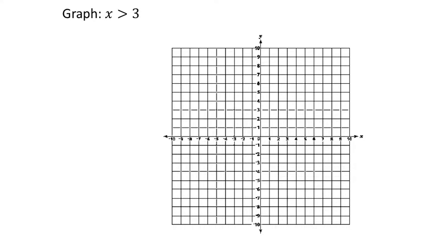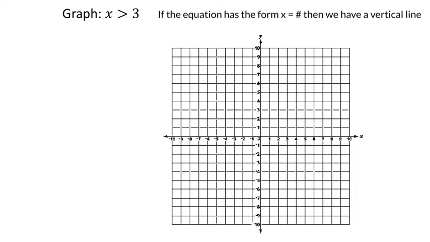is x that is greater than 3. So we know if we have x compared with some number, even if it's equal to, so if the equation has the form x equals some number, just the number, then we have a vertical line at the number, and also,